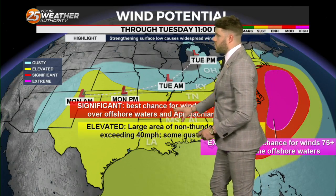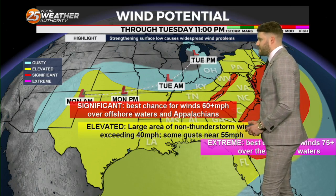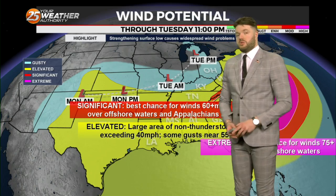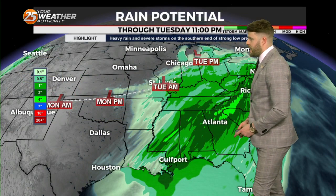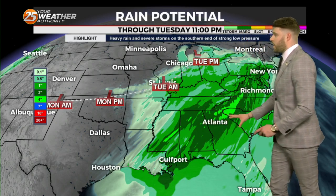Now, this is just a general map here that's going to show you where the biggest chance for gusty winds is over the next day to a day and a half. It'll last until tomorrow at about 11 p.m. This is really kind of a secondary threat to what's going to occur through the overnight hours relating to that severe weather potential. So we'll move on from that and move on into rain potential over the next day or so. You're really going to see that stack up here over the Mississippi Gulf Coast and the entirety of the southeast,